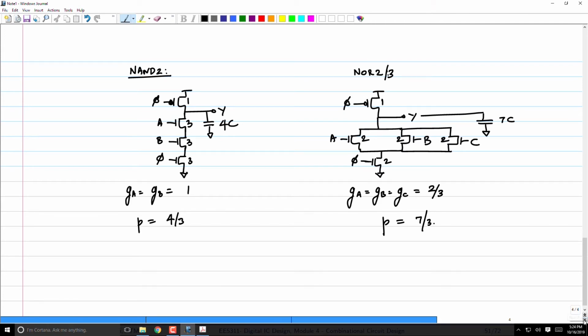Okay? Now great, I have a dynamic inverter, I have a dynamic NOR gate, I can make any dynamic circuit that I want. So next, what do I want to do? I want to cascade these gates. So I'll take, let's say I want to build a dynamic AND gate. Okay, what do I do? I'm going to connect a dynamic NAND gate